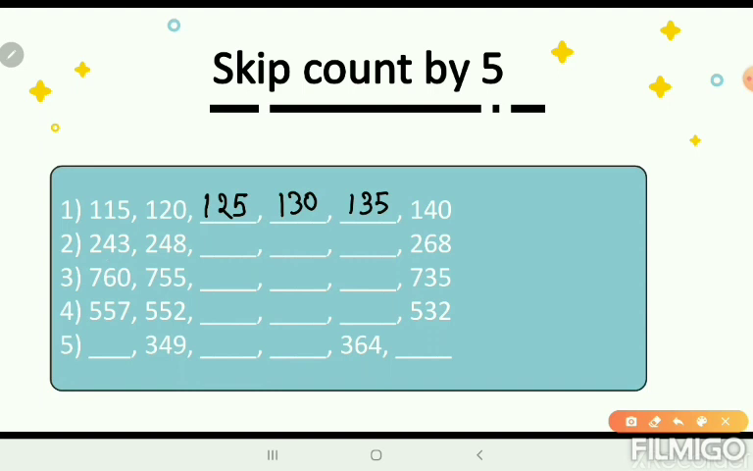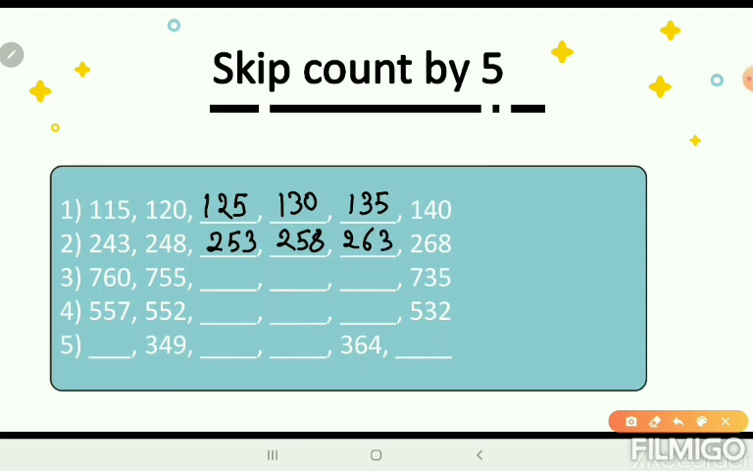Question number 2: 243. Then it goes to 248. Again, 5 is added. 5 is added to 243, you get 248. Then again plus 5, 253. Then plus 5, 258, plus 5,